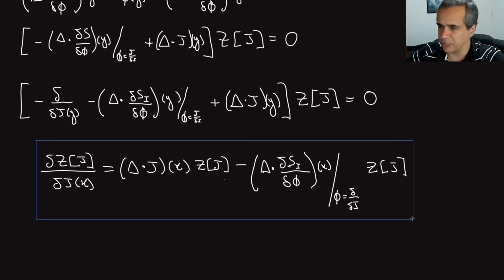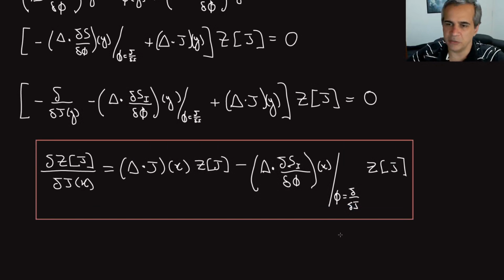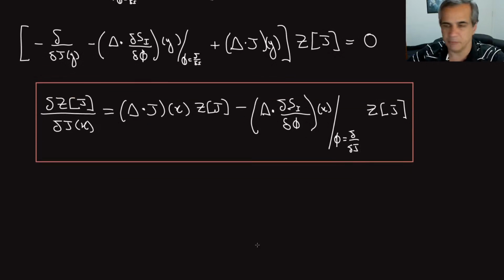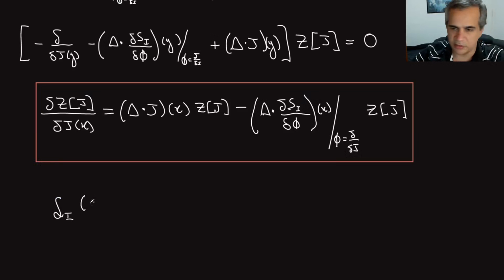Right? This is sometimes called the Schwinger-Dyson equation for z, for the partition function or the generating function. And it is very convenient to extract the relation between diagrams I'm seeking. In order to do that, now I have to specify the interaction. Let's take a simple interaction that is simple enough to quickly show what I want to show, but not so simple that it becomes trivial.